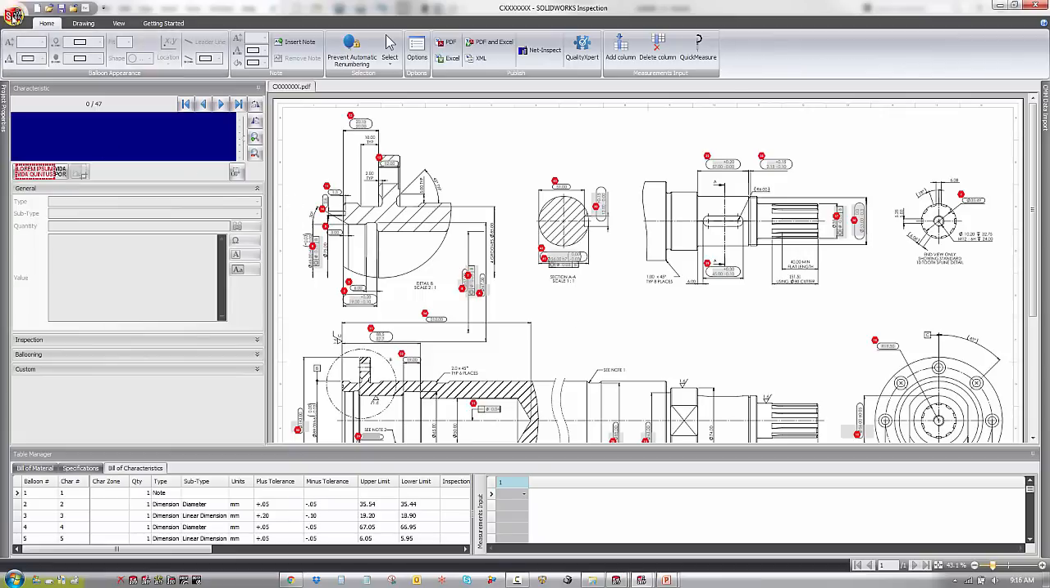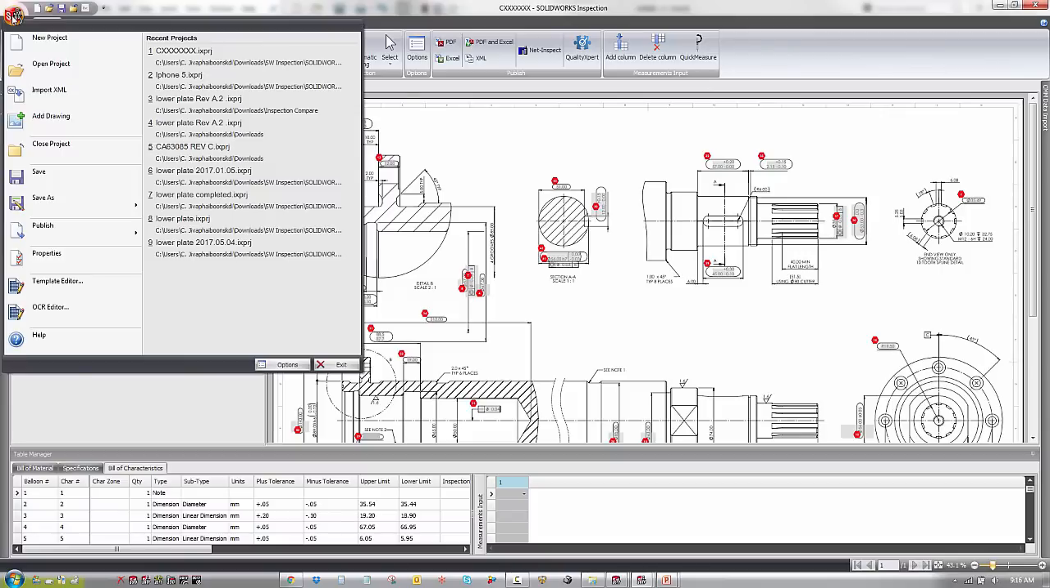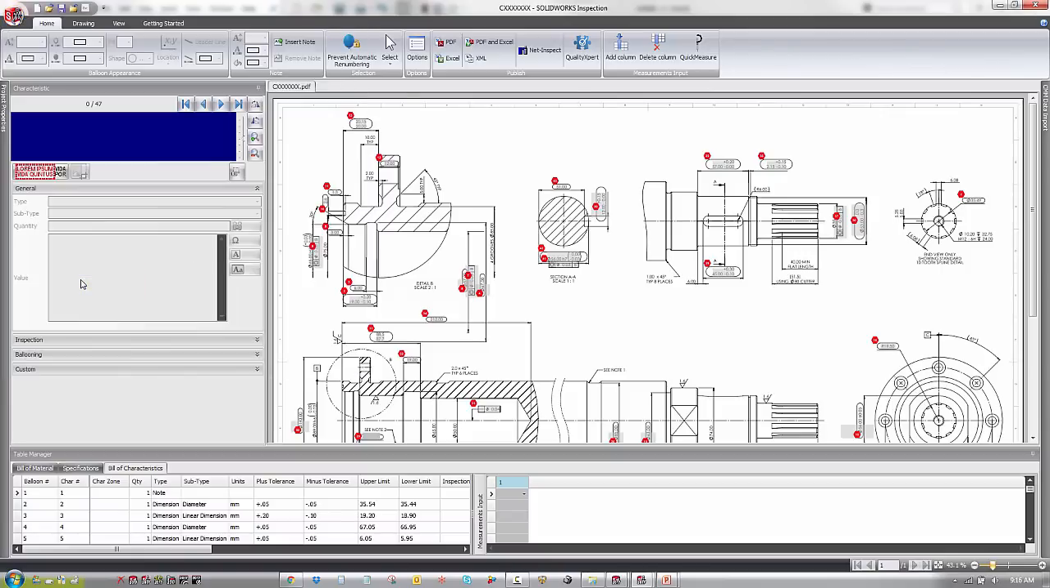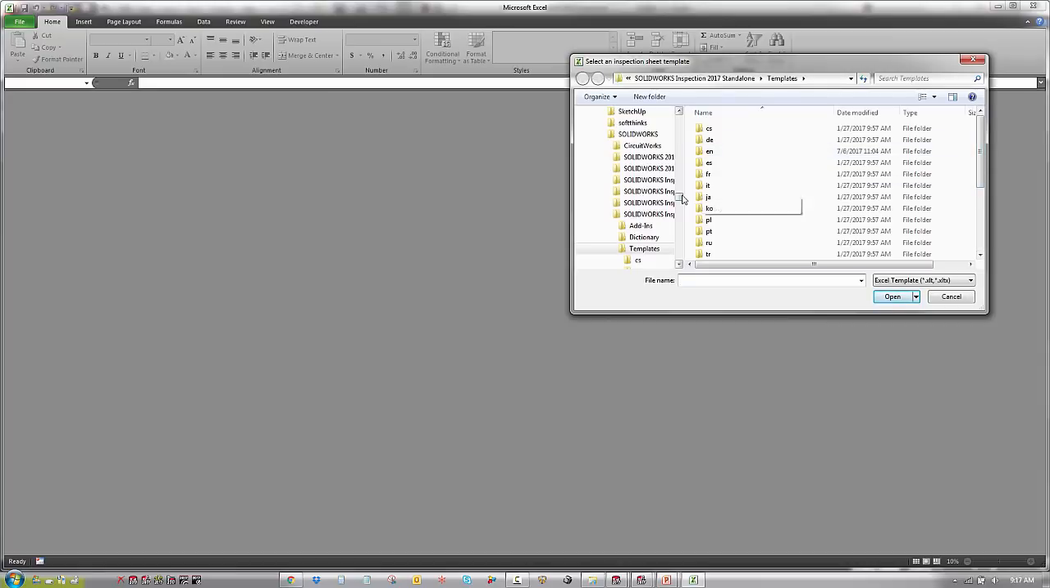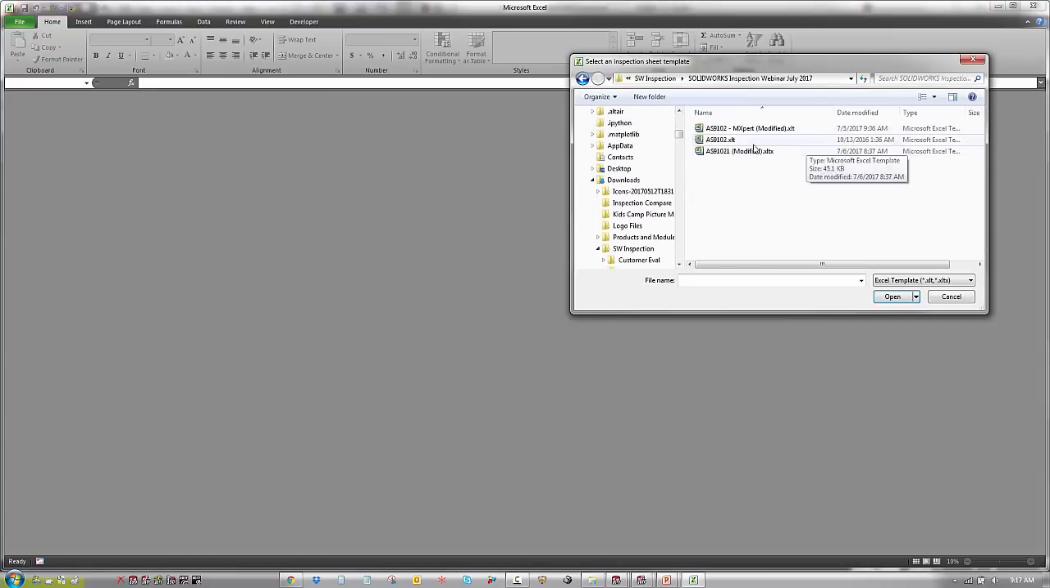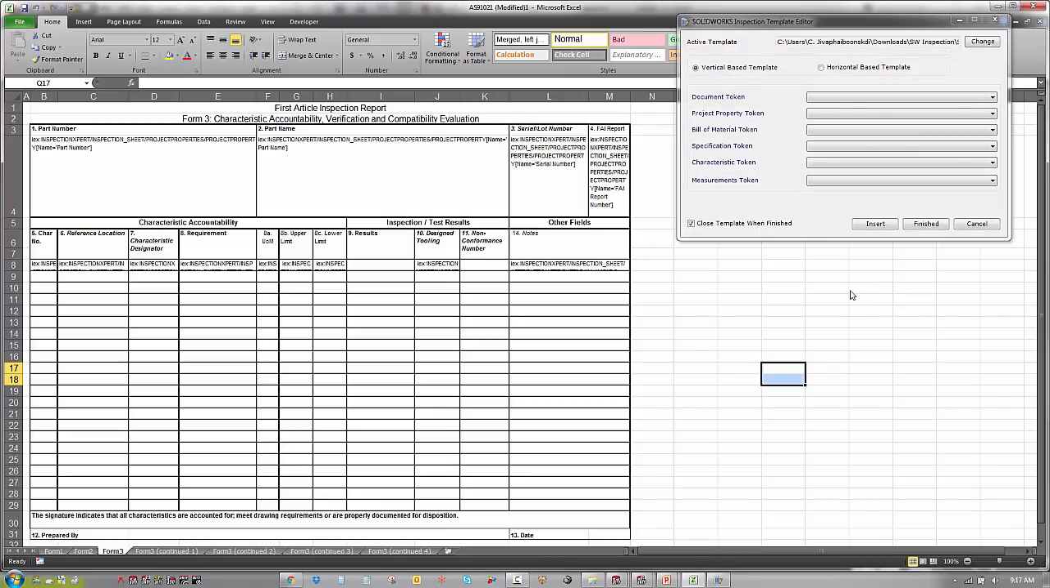But what you'll want to do is you'll come up to this inspection icon once more, and you'll come down to template editor. Now, when you click on template editor, it will bring up Excel in its own window. It'll showcase first the standard template location. I'll just choose this template right here. And what I can do is I can come in here and I can start specifying information to put in